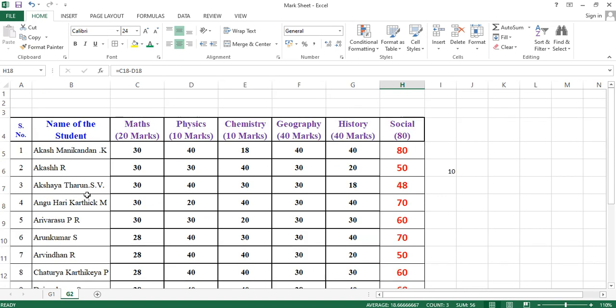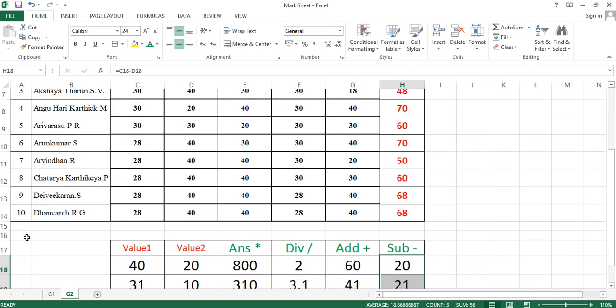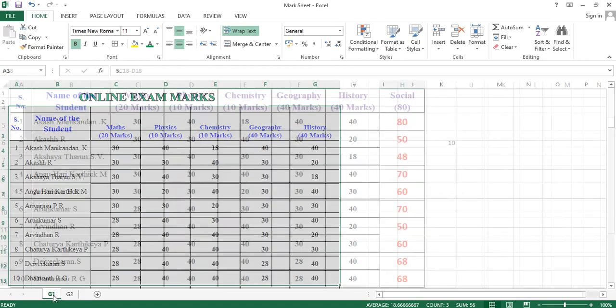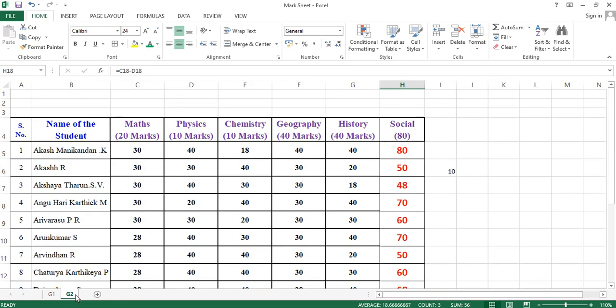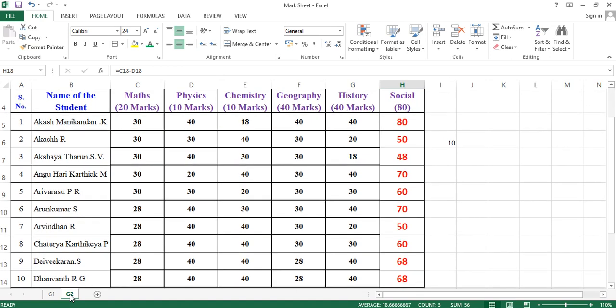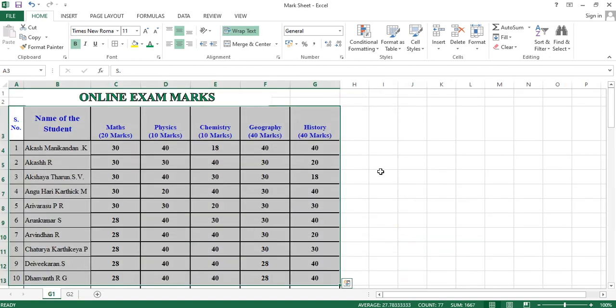So how to copy the value from one sheet to another sheet? And this was simple addition, subtraction, multiplication and division, how we can do it. Yes, in this file we have two sheets. This is sheet 1 and this is sheet 2, right? I want to send the mail with only this sheet. I don't want this one, so either you can select and delete it and then send.